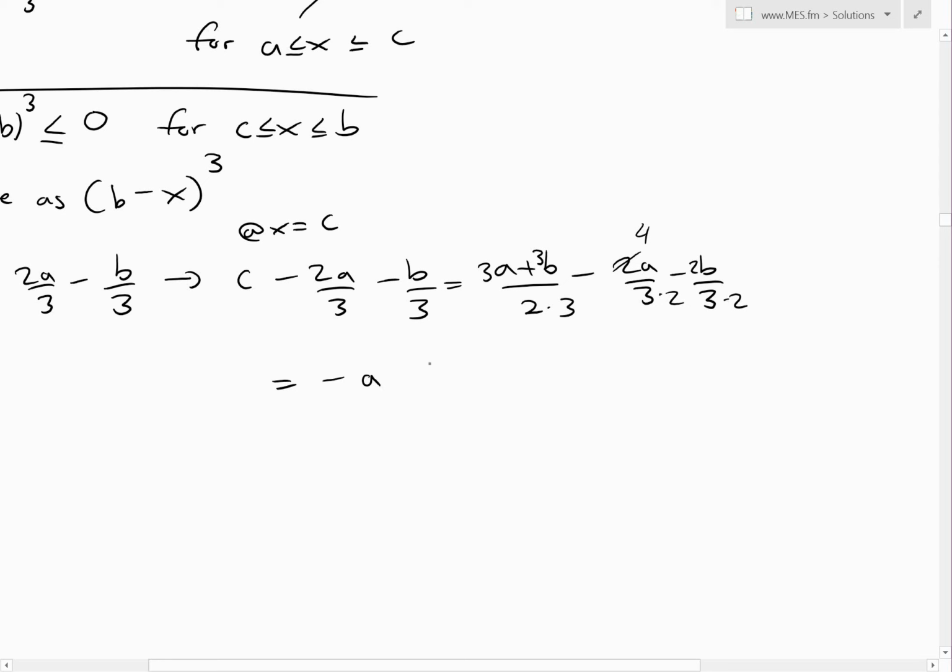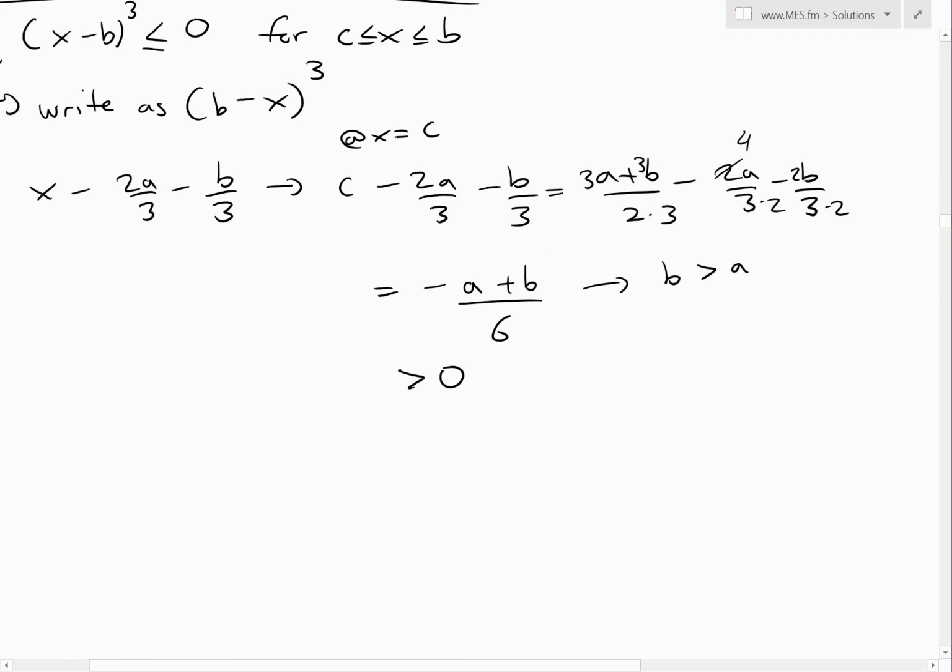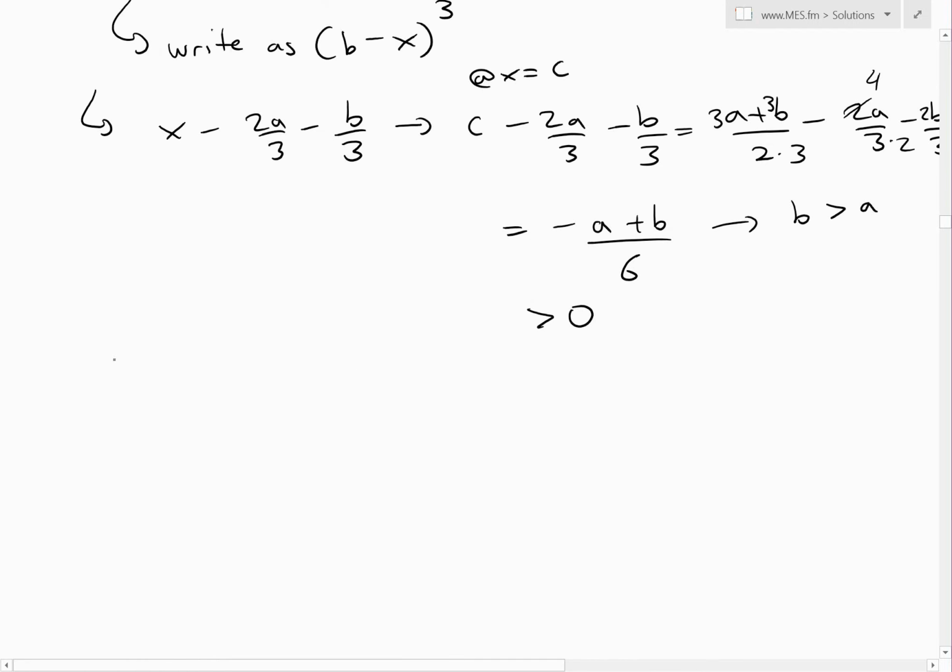3b minus 2b, that's just going to be plus b over 6. And again, b is greater than a, so this is always b minus a. So this is always positive, so this is greater than 0. So we could just leave it as is. And also, since b